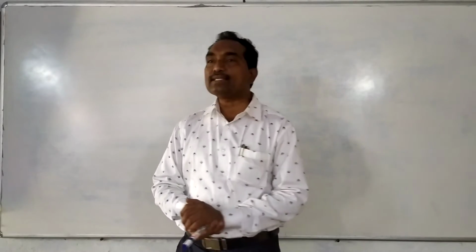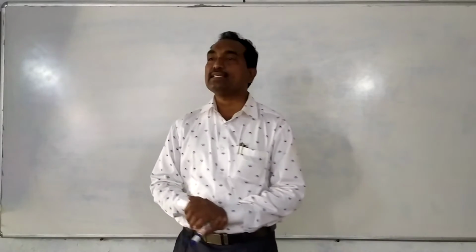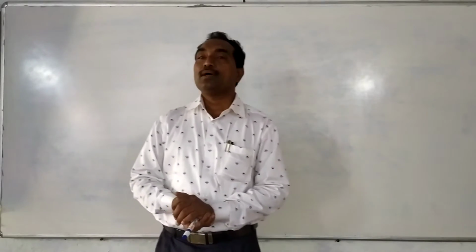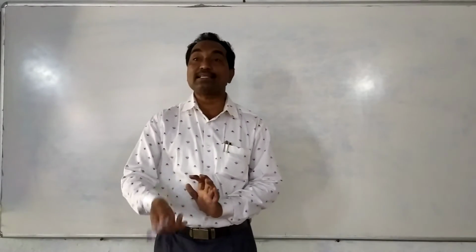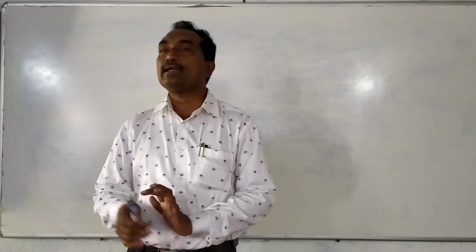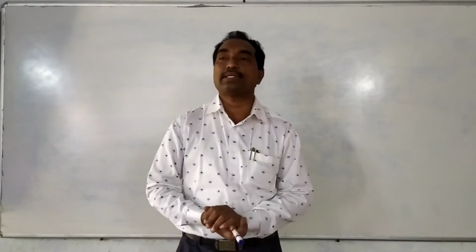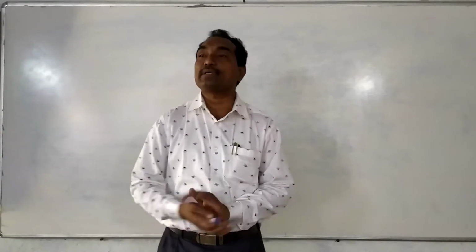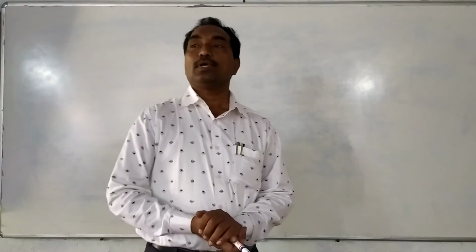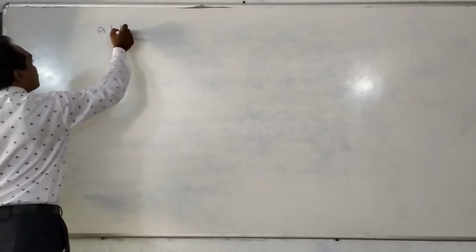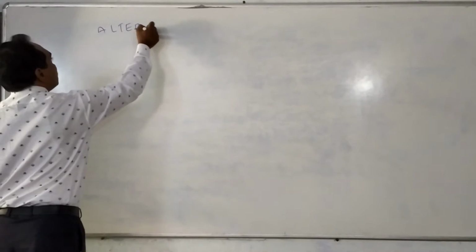So now we will discuss alternating currents. What is alternating current? What is the shape of the alternating current? When this alternating current passes through the inductance, what happens? When this alternating current passes through the resistance, what happens? When it is alternating current passing through the capacitance, what happens? We will discuss now. Now, what is alternating current? Now, the chapter is alternating current.